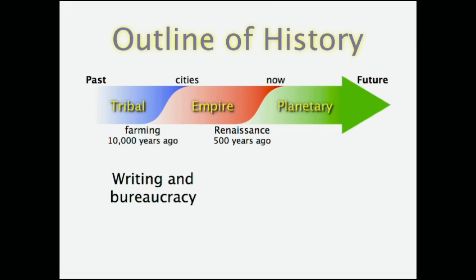Well, relative to what we're talking about today, one of the things that was hugely important in this transition was the development of writing and then the organizational structure that went with it, bureaucracy. Now we have new media and we're still inventing it. But just as the previous transition totally changed all of the institutions of society, so is this one. And the communications tools that we have available will be enormously important in terms of what we are able to do moving forward.